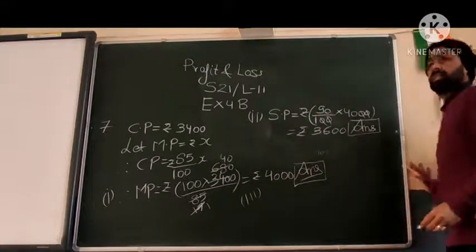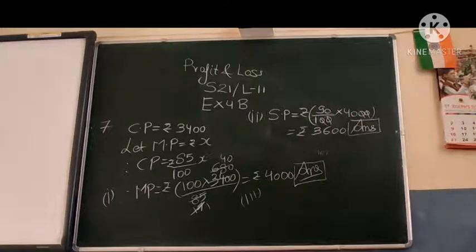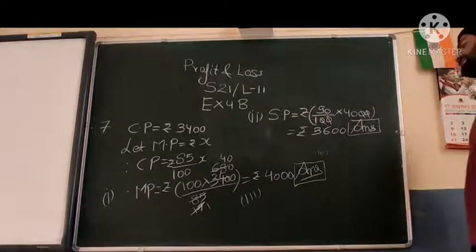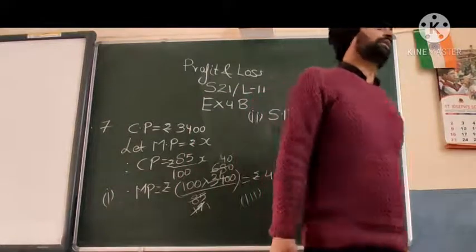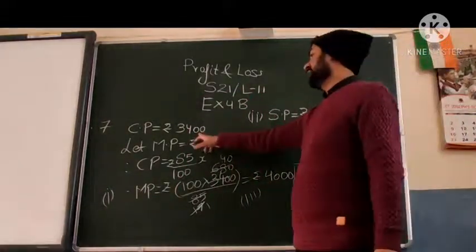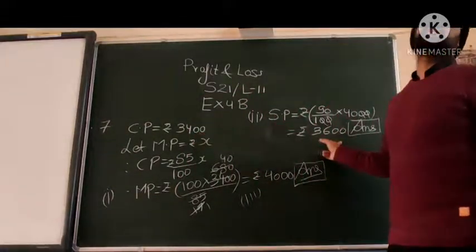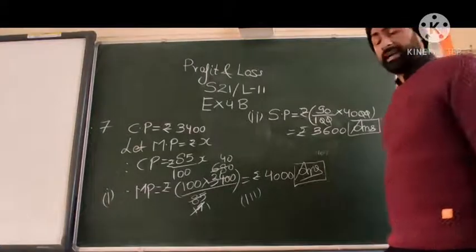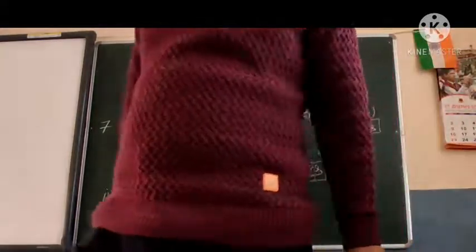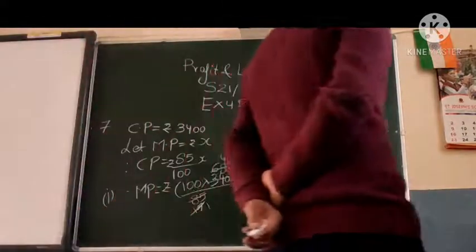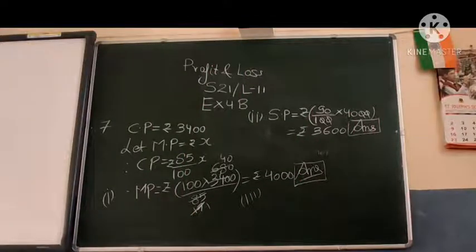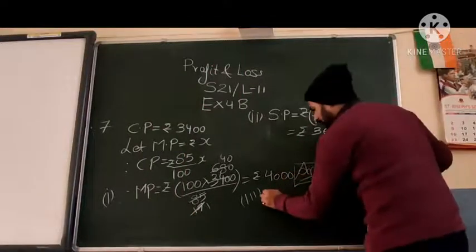Okay. Then the third part. Third part asks the profit. Now, profit is calculated on the basis of what? Selling price and cost price. Is the cost price less than the selling price? Certainly it is. Then, by finding the difference of the selling price and the cost price, you will calculate the profit. So, what have they asked, profit only or profit percent? They have asked profit and the profit percent also. So, profit will be what?